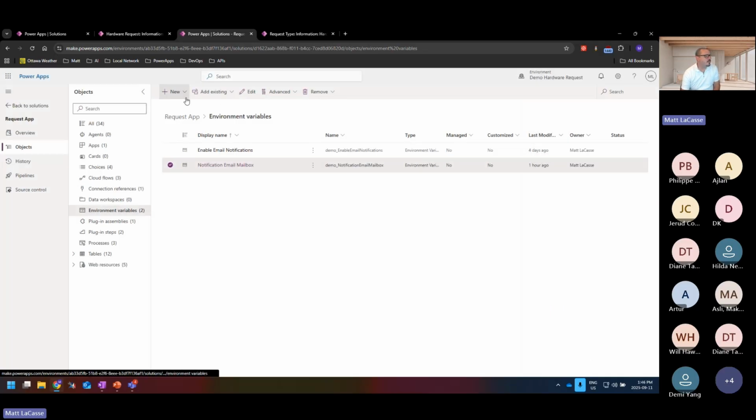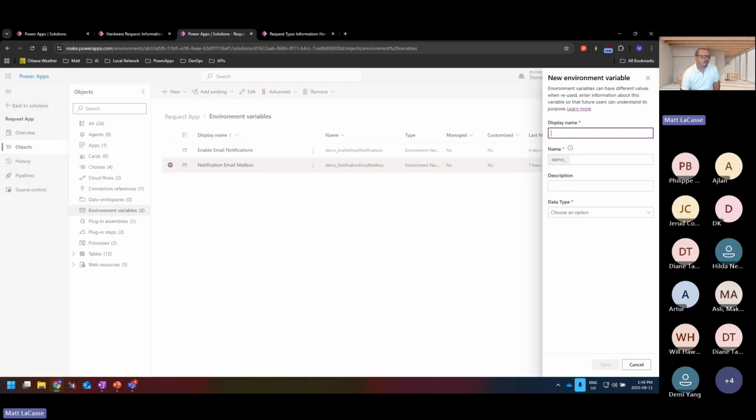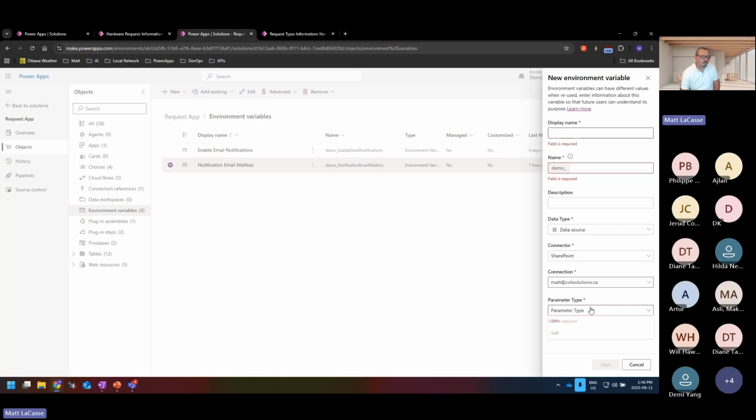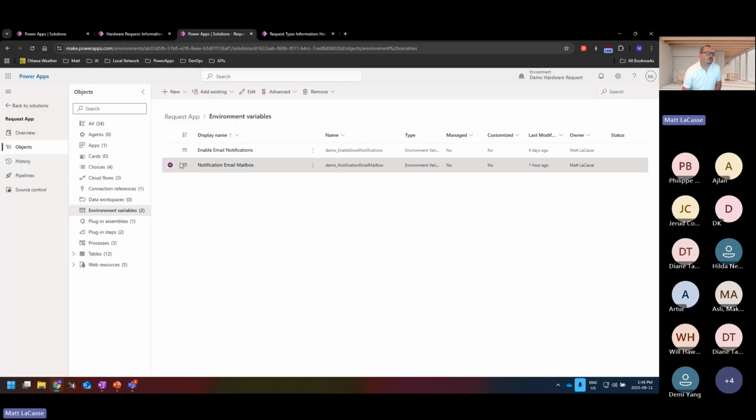One other thing on environment variables before we move on too much, if you've never created one before, in here you have the option for environment variable. And when it comes to things like your SharePoint lists and sites and stuff, there's actually a data type in here called data source. If you select that, you can pick from SharePoint Server, SQL Server, Dataverse as well, if you are using flows that are not for the default environment. And then in the case of SharePoint, you can actually specify a site or a list. And then when you're working with those connections inside of Power Automate Flow, it will pick up on those as part of your dynamic content and you can add those in.